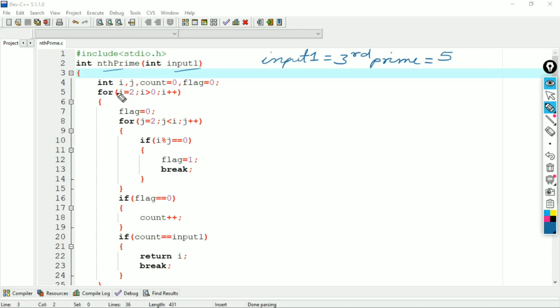After that we have declared the i and j variables, and we have initialized the count variable to 0 and flag to 0.